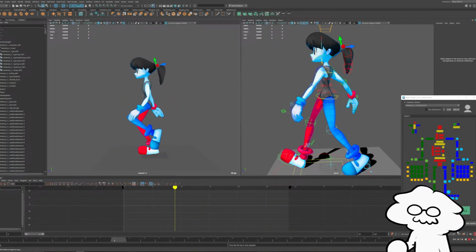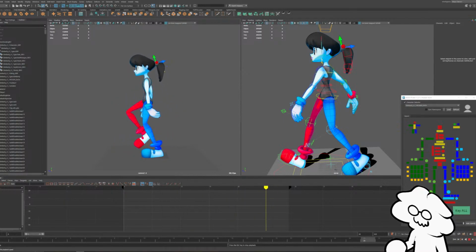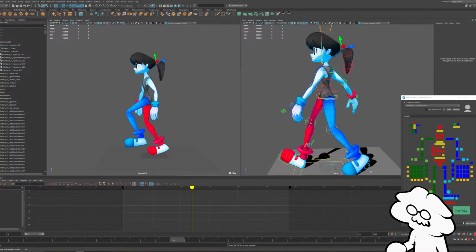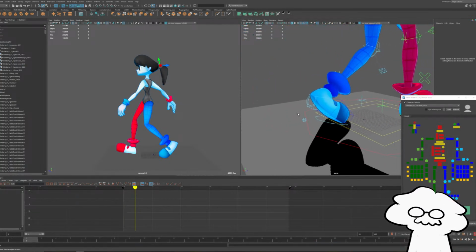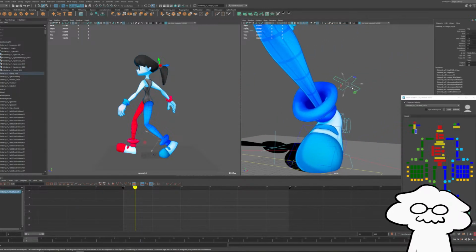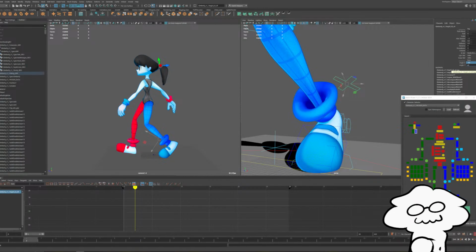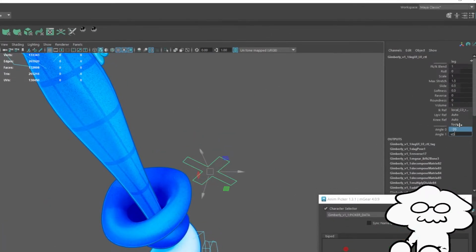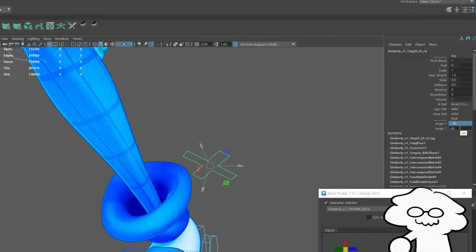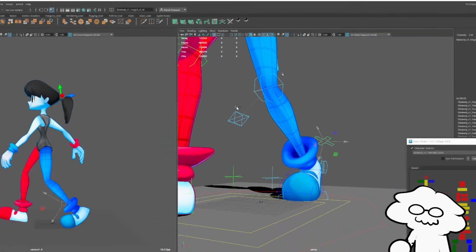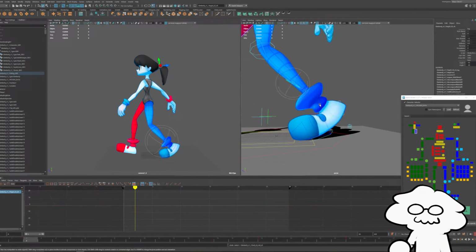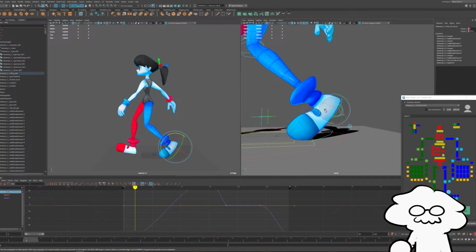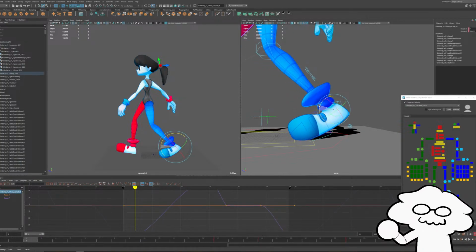So, yeah, there's not a whole lot at this point. Got the foot roll. We can make the foot roll more dramatic. In my rig, I can set it up so that the foot roll has angles it meets before it starts to peel off the ground. I'm going to set those. Each angle basically affects the amount it rolls. For example, each angle was set to 20. This is a complicated rig thing that is not in a lot of rigs.